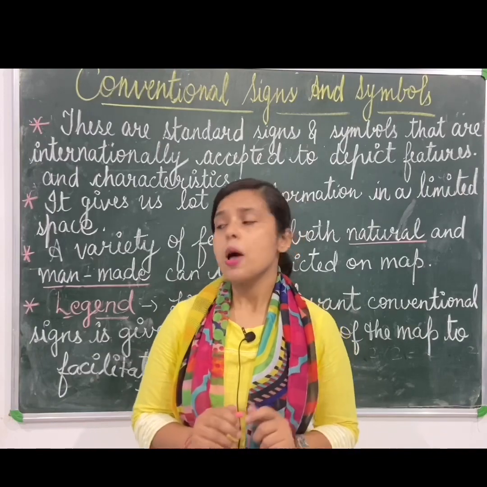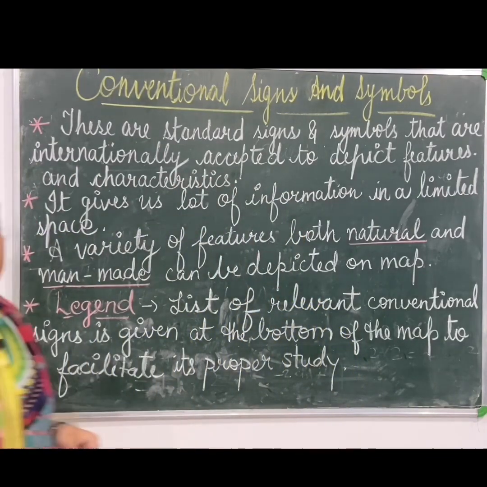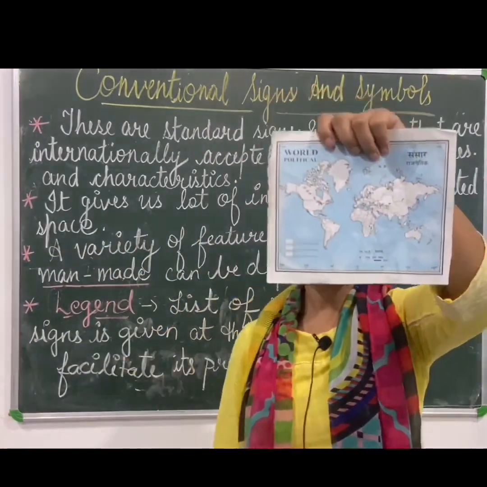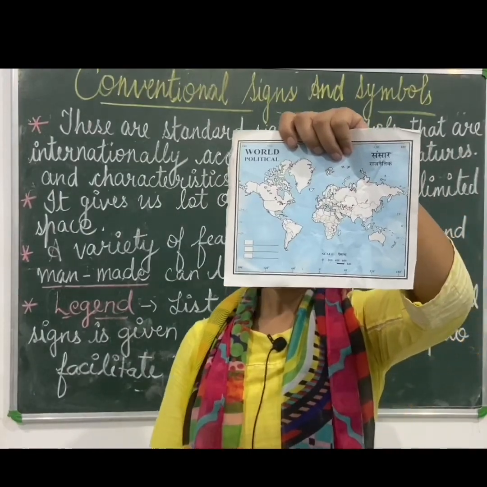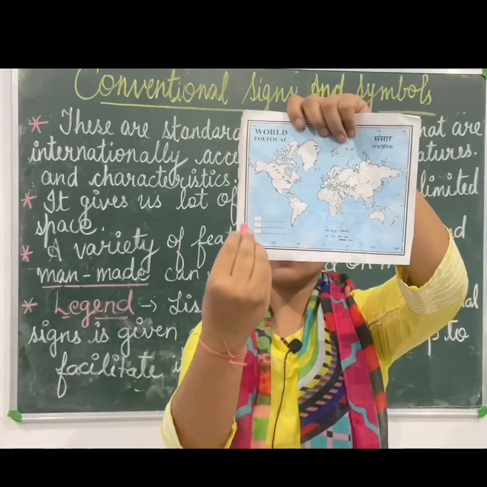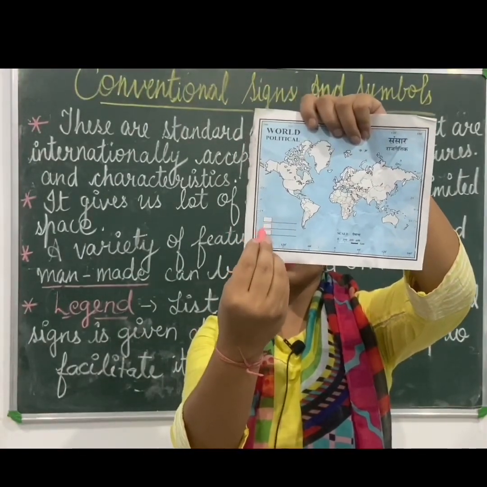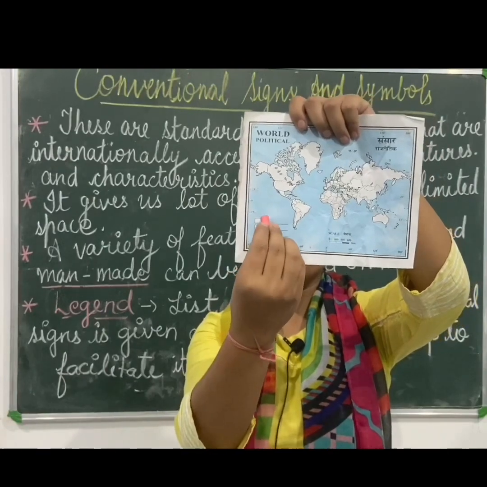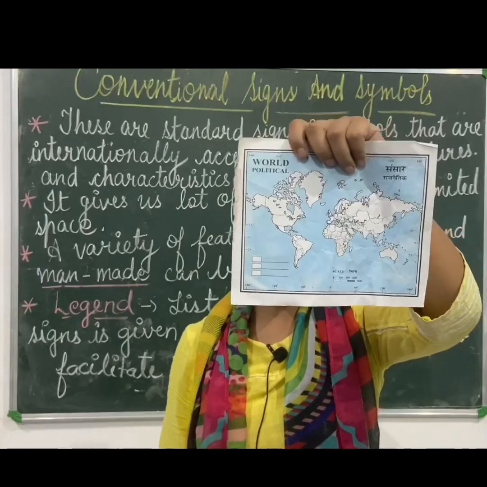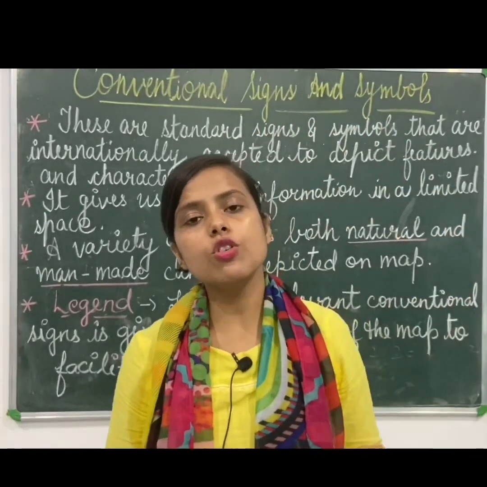I have a map here with me and I'll show you what a legend is. If you see, I have one political map here, and see these boxes. This is what I was trying to say. This is the legend, and in this legend, in each box you will make the sign or color or the symbol, and in the space provided you will write your information. You will write the detail which you want to convey to the user.